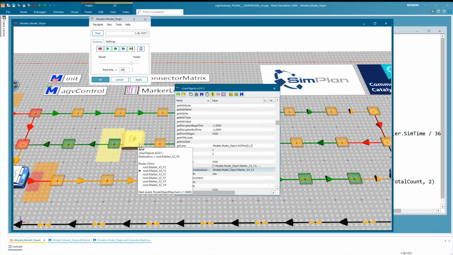But for this scenario, this would be the answer. The destination is the final destination, so X2 Y4. And the get route intermediate destination is the one with the black arrow. But without my additional attribute, I cannot wait until I have reached that marker where the black arrow is pointing. I need an additional attribute.